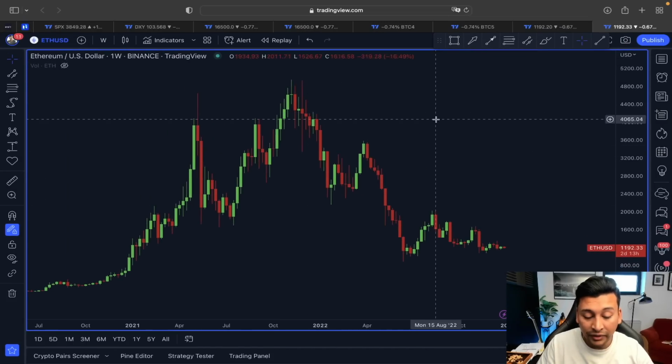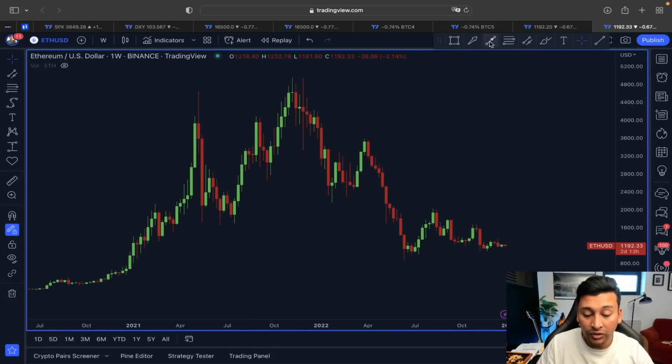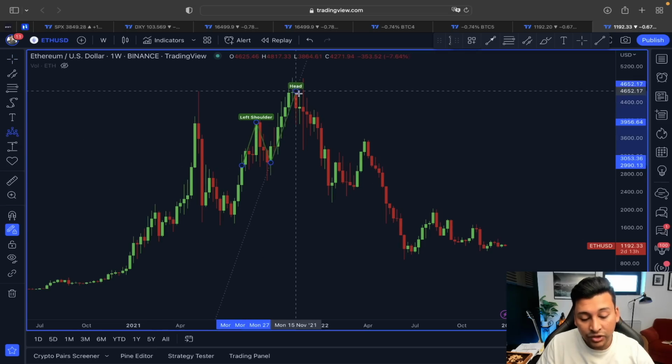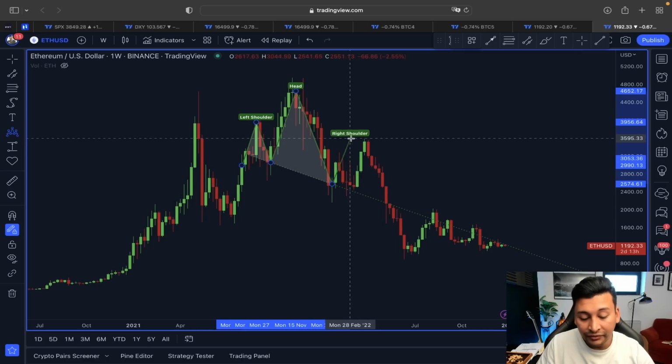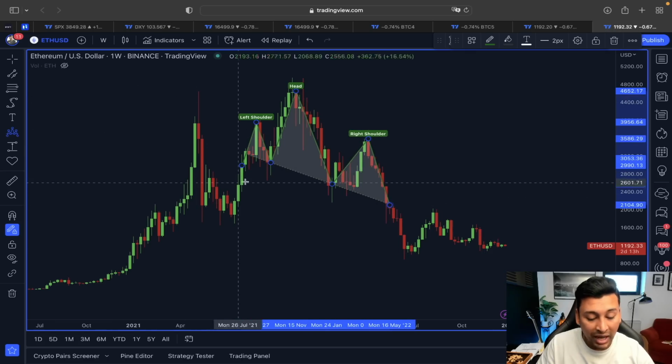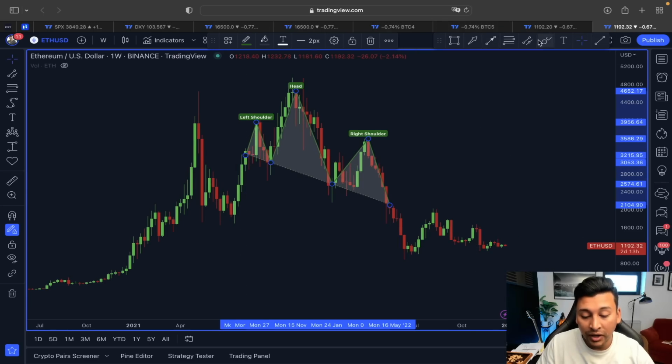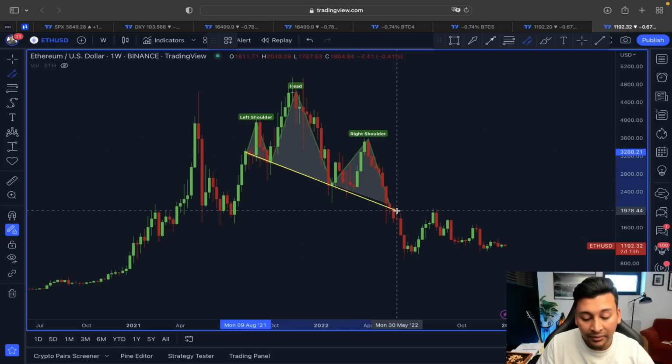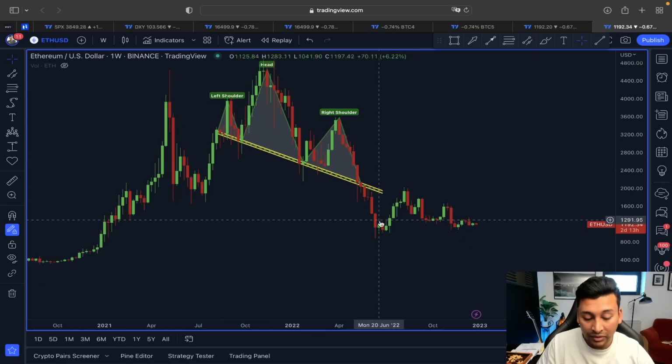I mean, the price of Ethereum in a weekly was also forming this so-called head and shoulder formation. Yes guys, the price of Ether was clearly forming this head and shoulder type of formation, and after we broke the neckline, you can see what happened here. We started with this actual downtrend. Yes, this downtrend started when the price broke the neckline support, and since then the price of Ethereum is clearly in a downtrend.